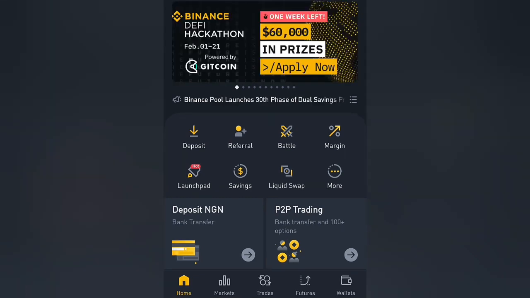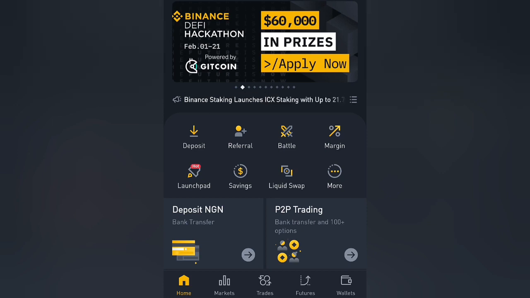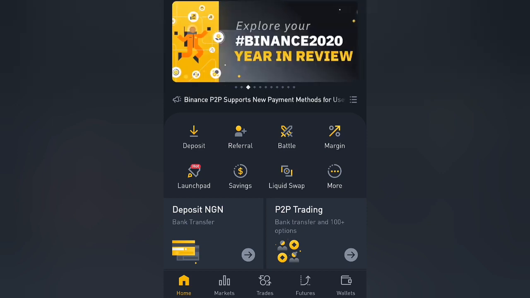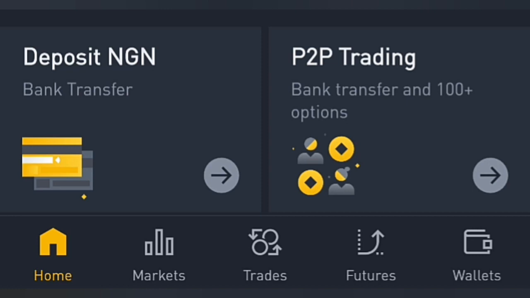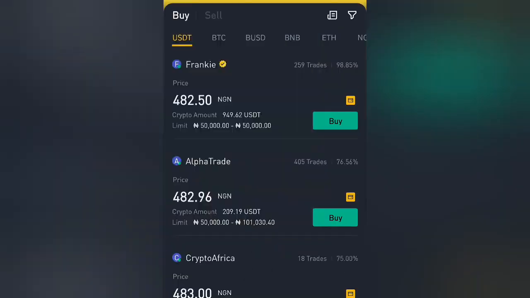Now let's jump right in. For us to start, we would have to click on the P2P trading icon right there at the bottom of the screen. Now this is your P2P trading platform. Right now I am on the USDT tab. This is USDT compared to Naira. So when you are buying USDT, you buy with Naira, and when you are selling USDT, you sell back to Naira. When you look at the screen, you would see all these traders offering to sell you USDT at different